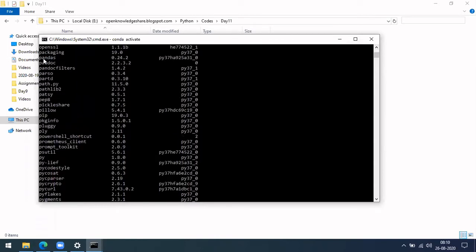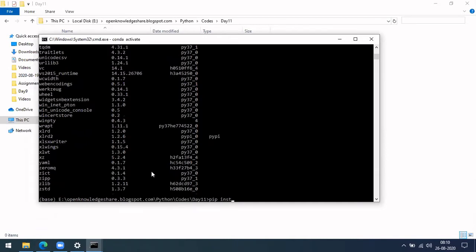Yeah, it's already available, with version 2.4.2. Okay, so I'm going to use the same instead of reinstalling again. In case we want to install again, what we should do is pip install pandas. Okay, this will install the pandas package.